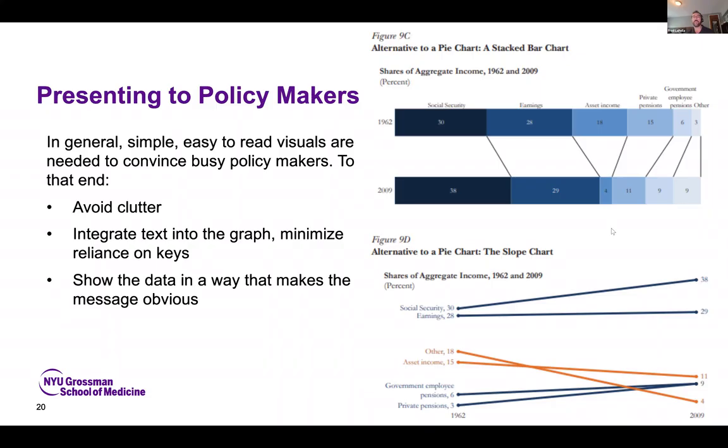Or alternately, they provide this slope chart. And in general, we're getting two different pieces of information out of this. Here, we're getting a quick high-level view of what the proportions are at both time points, so Social Security versus the others in each year comparatively. And we can see how they stack up as proportions of the whole.